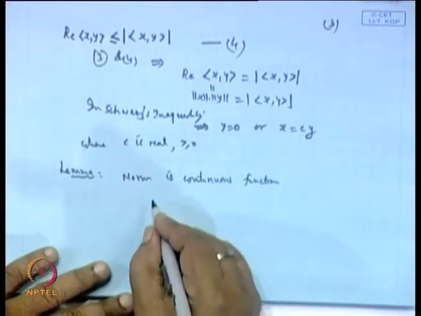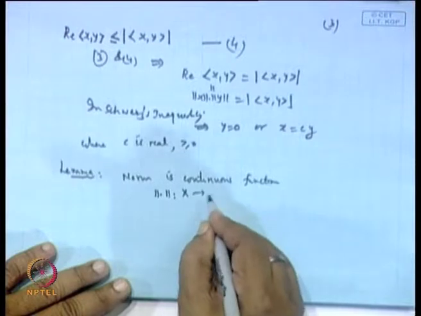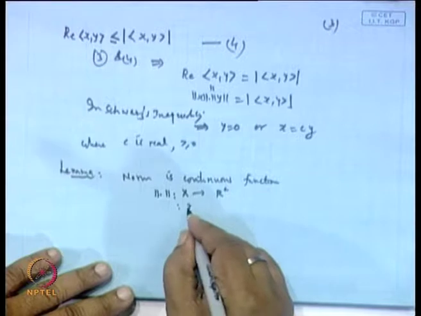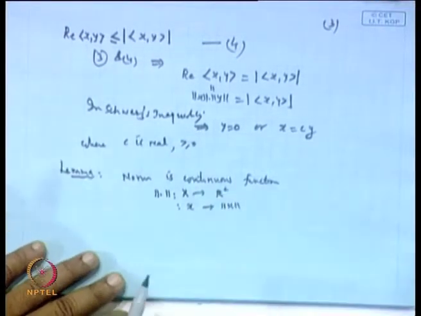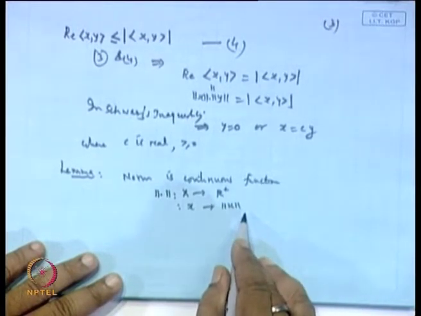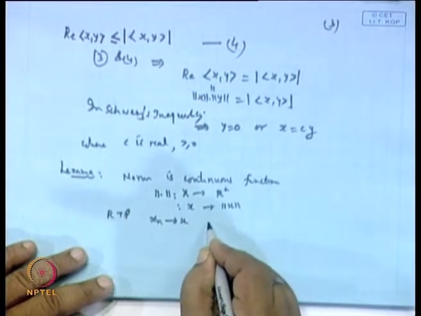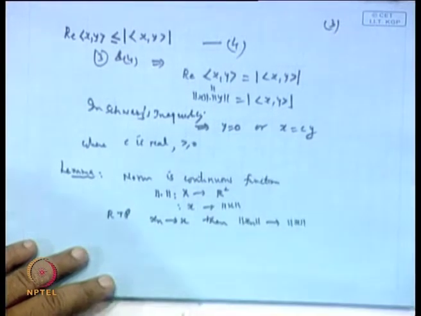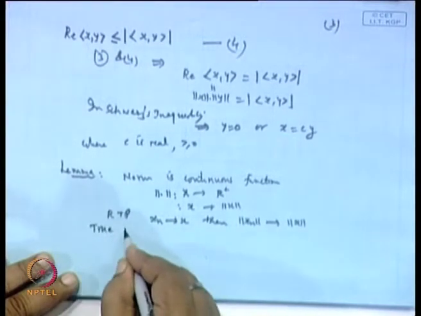Remember, the norm is a mapping from capital X to R plus, that is, R greater than or equal to 0 of course, such that x goes to norm of x, and this norm is continuous, which means if any sequence x n converges to x, then norm of x n converges to norm of x. So what is required to prove is, when x n goes to x, then the corresponding norm of x n must go to the norm of x, and this is true because